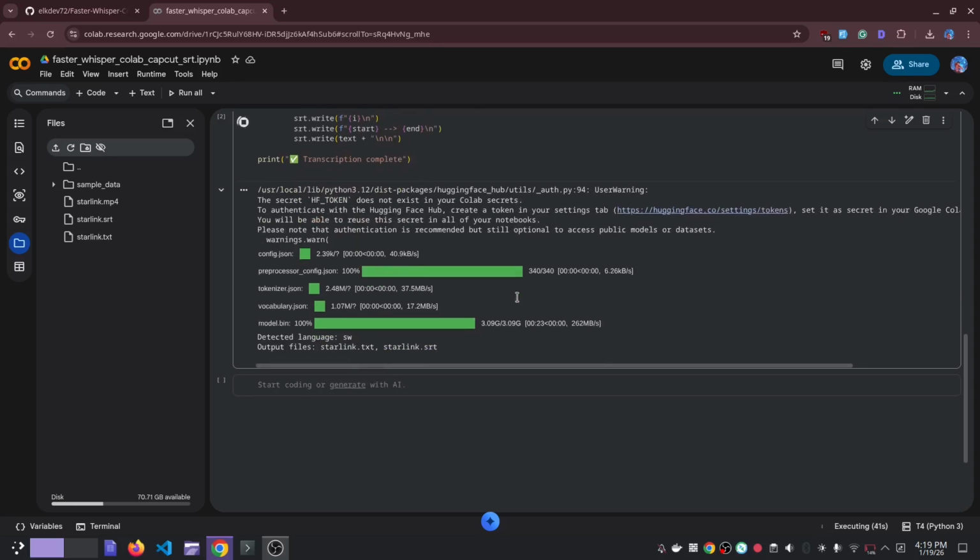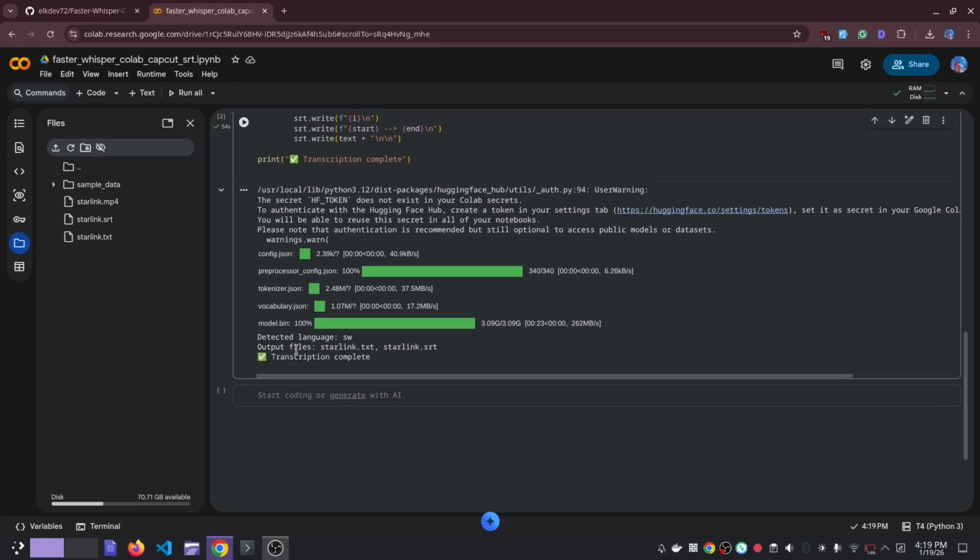The good thing about this is that it detects the language and starts generating, and the output has been categorized into two. You can see it has started to generate. It detected that our file was named starlink.mp4, so the files that are generated are starlink.txt and starlink.srt.